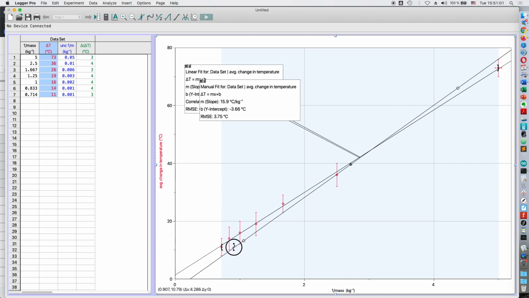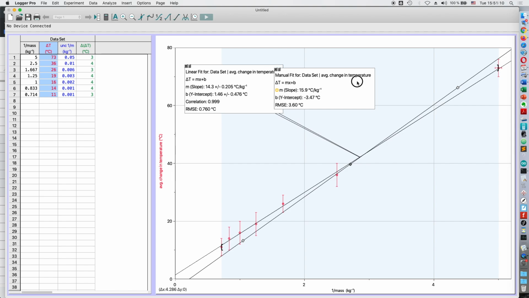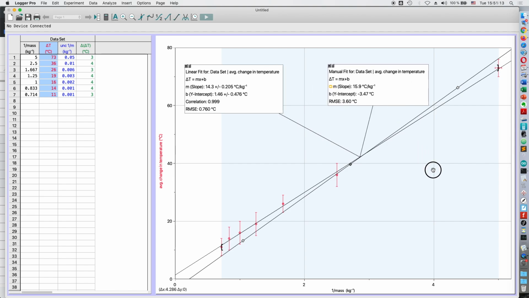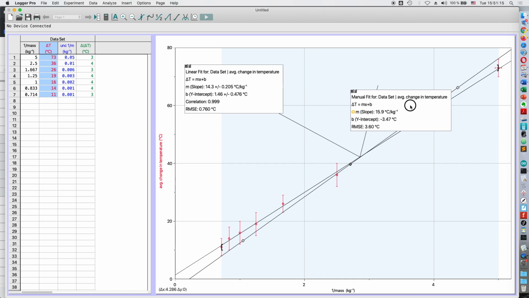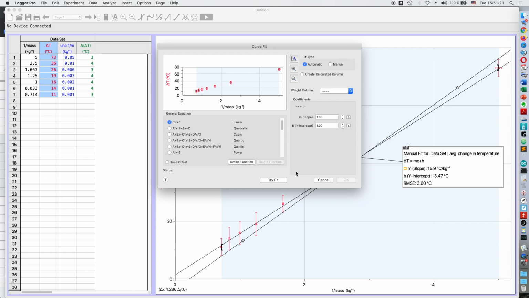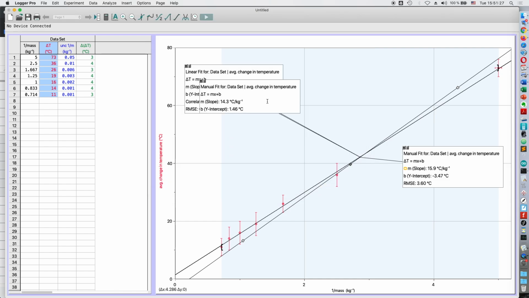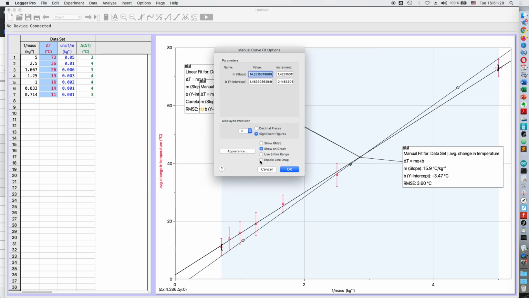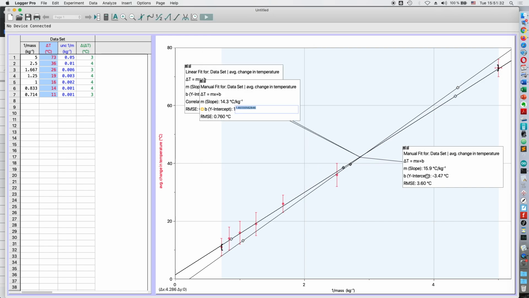And I can do this in such a way that it actually roughly fits what my maximum slope could be and my minimum slope. I can drag this across here, and I can then make another one, try fit, manual, and I can enable line drag on this one as well. I'll go back in here, disable the line drag, enable the line drag here, and now I can say this should actually